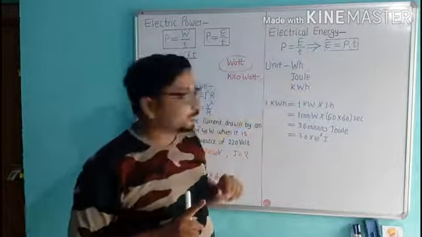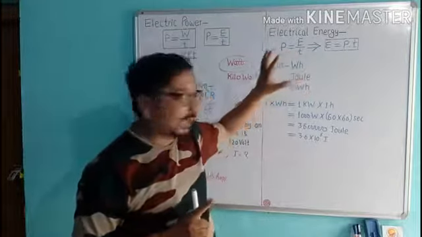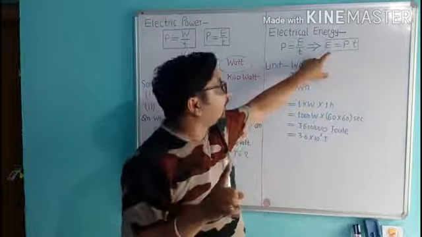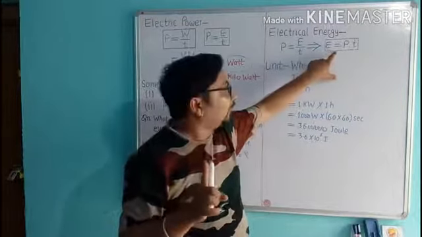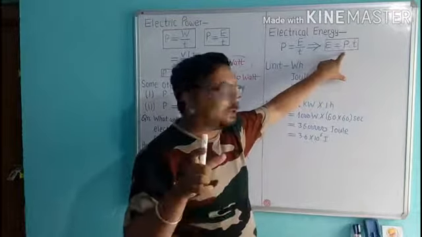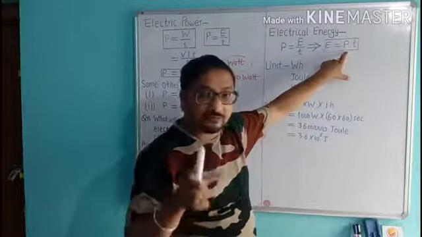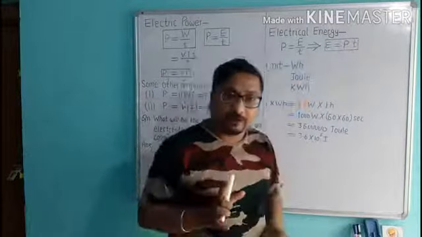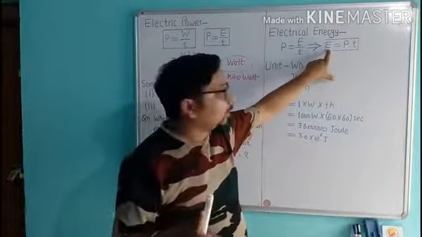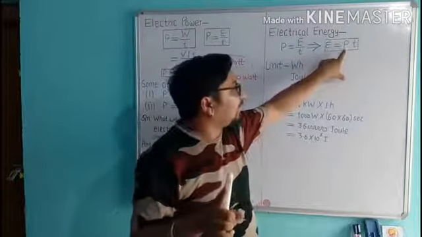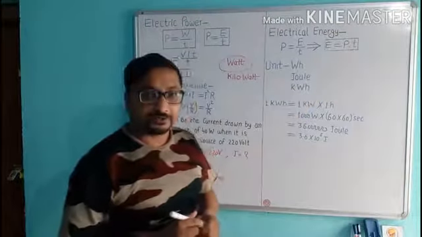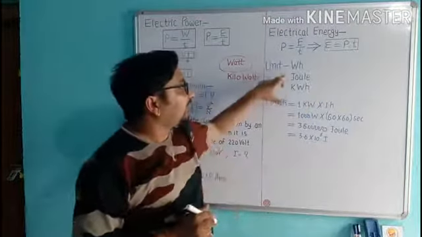So we can define watt hour: 1 watt hour is the electrical energy consumption when an electric appliance having 1 watt power is used for 1 hour. Its other unit will be joule,